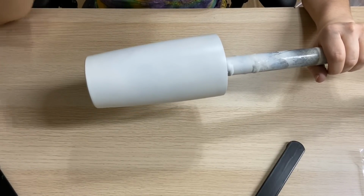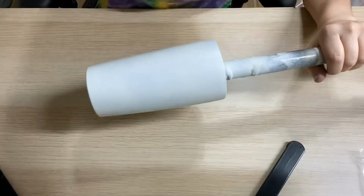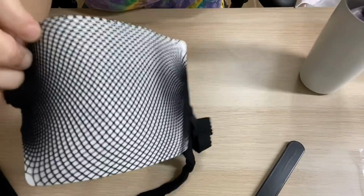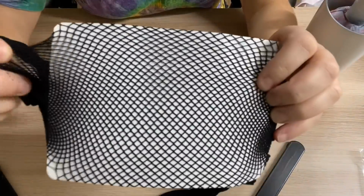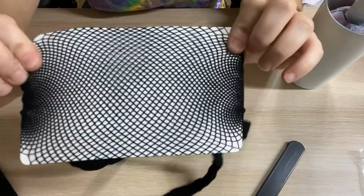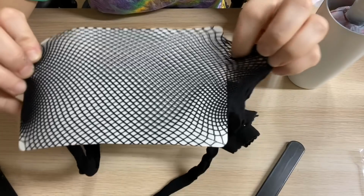It's gonna be with actually fishnet stockings. So if you see these stockings, whenever you put them on the tumbler, this is what the effect's going to be. So it's similar to the fish and lure tumbler. And I kept this on here just to show y'all what it will look like